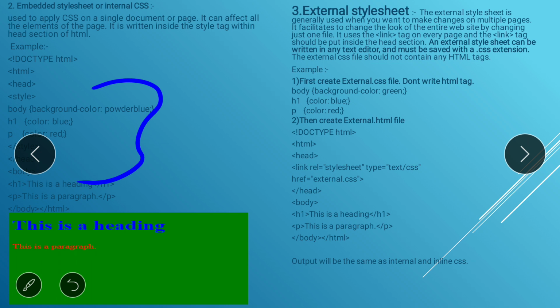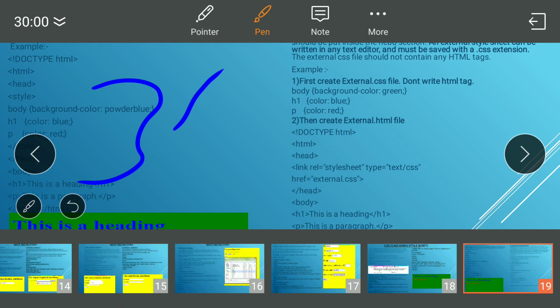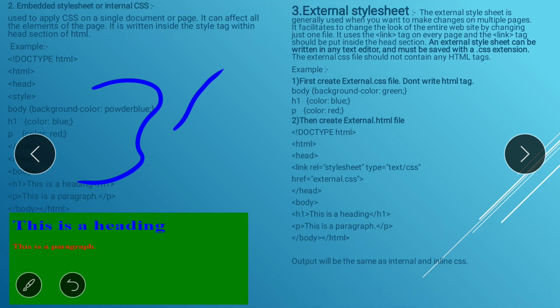In the head I write down style, and see here students, I have made the background color powder blue here by mistake, it should be green. Then body, H1 and P, these three are the selectors, and these are the declaration blocks. For body, I set the background color green, H1 color blue, and P color red, and then the style tag is complete and the head tag is complete.